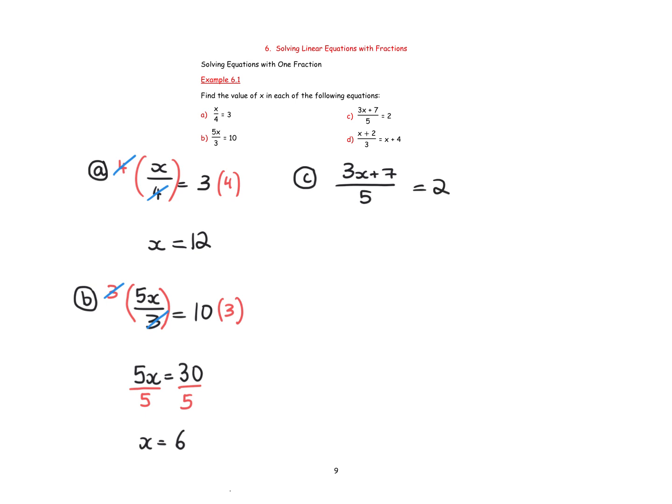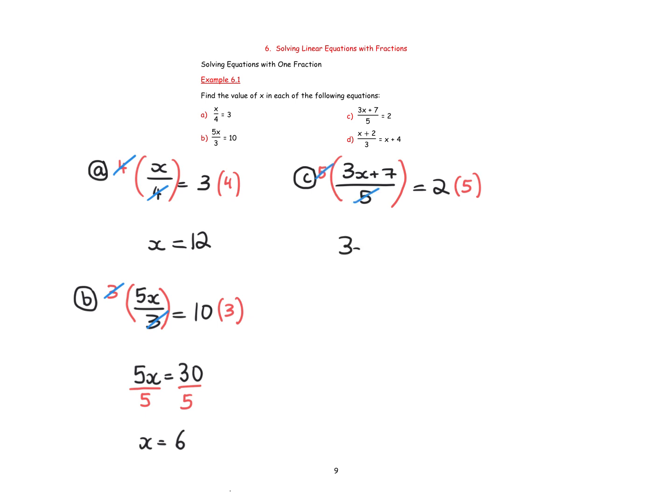As in the previous two examples, we must find out the value of x. To do this, we first of all need to get rid of the fraction. To get rid of the fraction here, we just multiply by the denominator of the fraction. And both sides multiplied by the denominator of the fraction leaves us with 5 times 3x plus 7 divided by 5 is equal to 2 multiplied by 5. Now, on the left-hand side, we have 5 times 3x plus 7 divided by 5. So we essentially have 3x plus 7 divided and multiplied by 5, which is essentially multiplying it by 1,